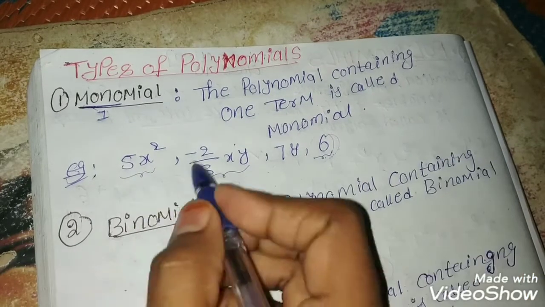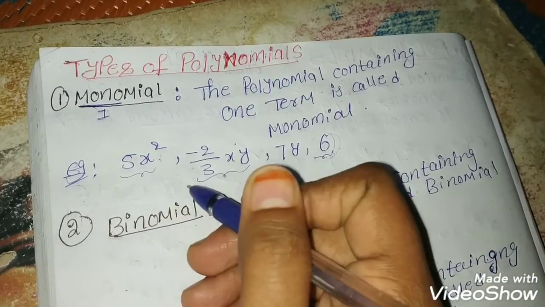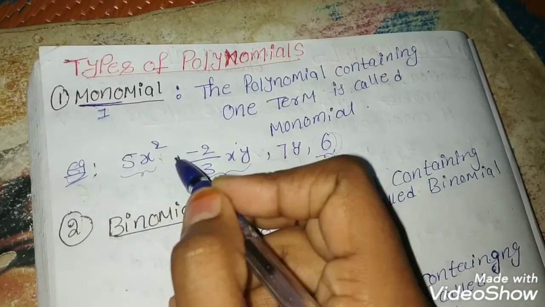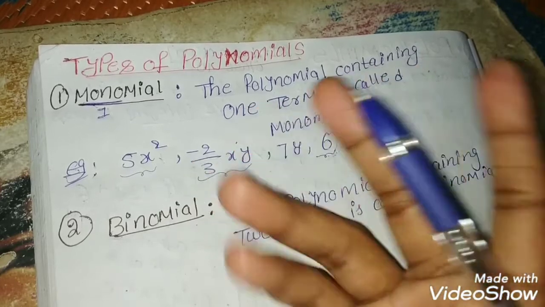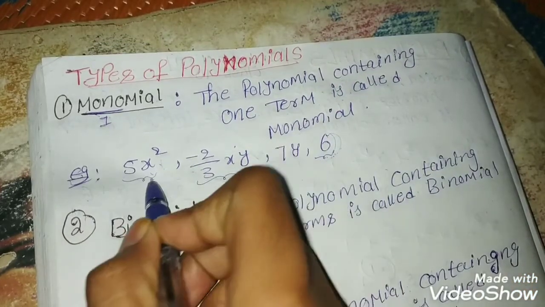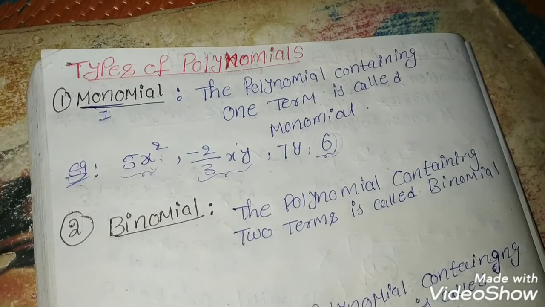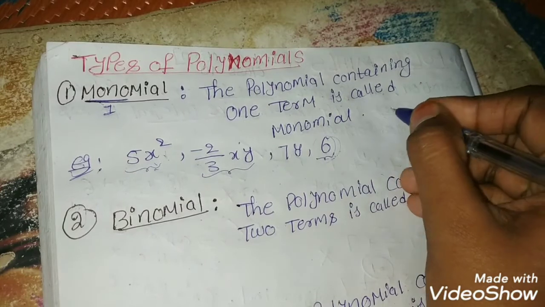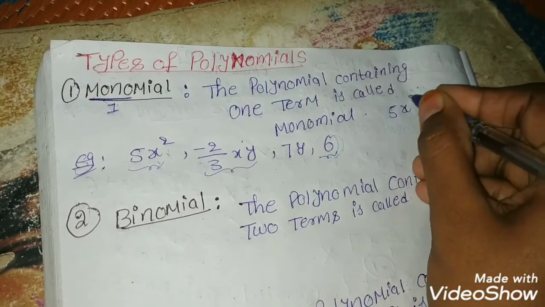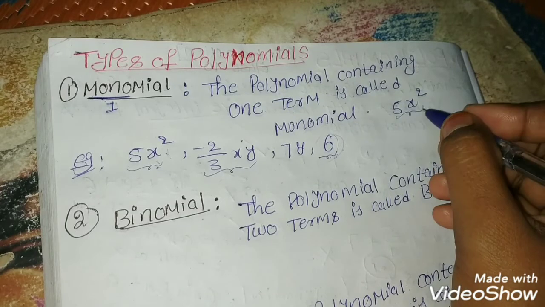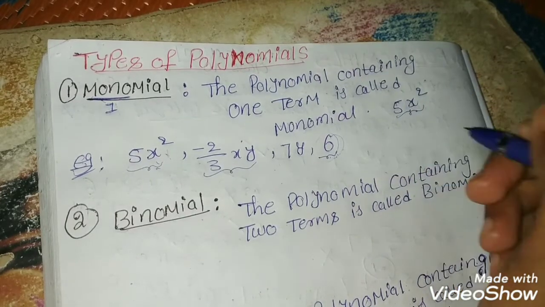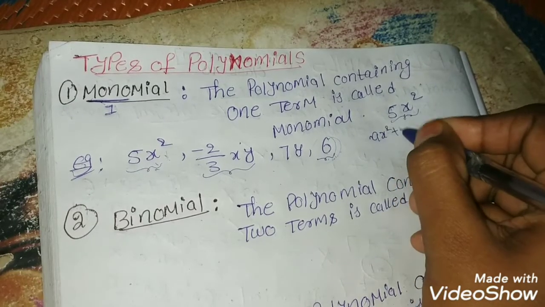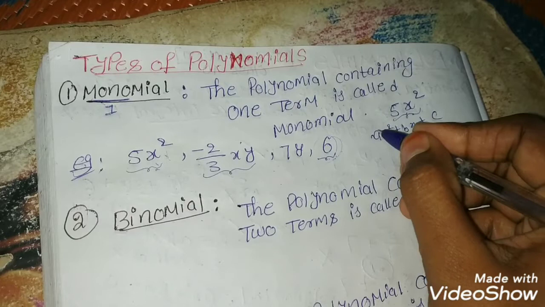Okay. Why, ma'am? We have missing terms, and you told me this is an algebraic expression. Then there is no algebraic expression in the form of ax square plus bx plus c. Then how can you say this is a monomial? Are you getting? So this is your doubt, right? See here, I can address your doubt. You are asking me, this is a monomial, how can you think this is a polynomial? See here. What is the form of the algebraic expression? ax square plus bx plus c, right? So what is a here? 5.